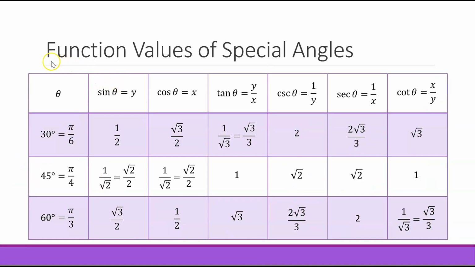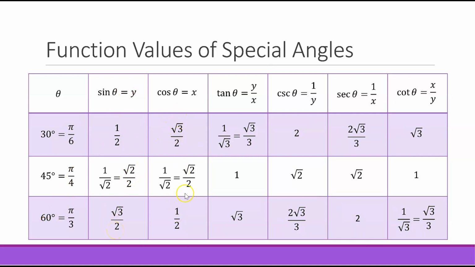Here's a table summarizing the function values of our special angles. So we have our 30 degrees, which is pi over 6, our 45 degrees, pi over 4, our 60 degrees, which is pi over 3, and sine, cosine, and tangent of those angles. So we said sine of 30 degrees was 1/2, sine of 45 degrees was 1 over radical 2, which could be rationalized to be rad 2 over 2, and then sine of 60 degrees is radical 3 over 2,